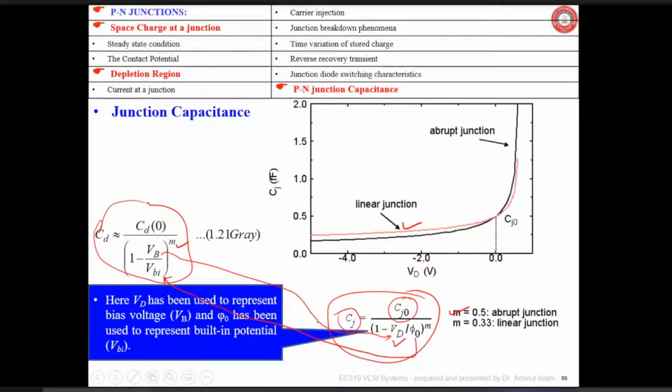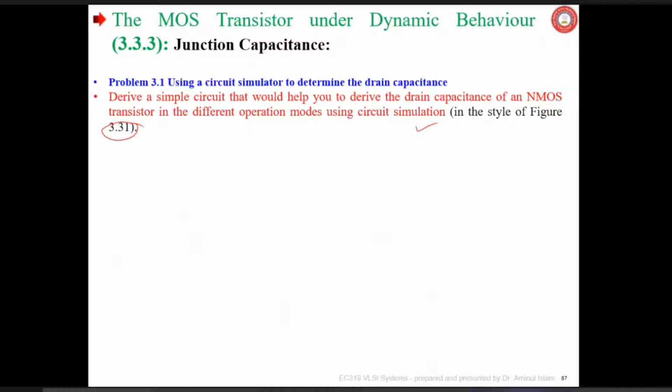Notation varies from author to author, so that is the difference you are finding here. This problem is given in your book. Try to solve it yourself in your text. Does everybody have the book or not?